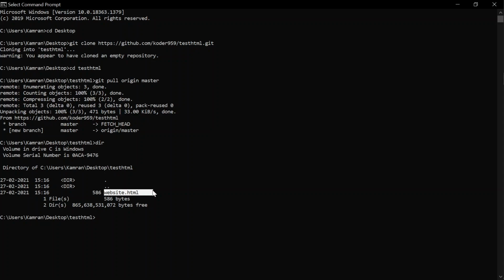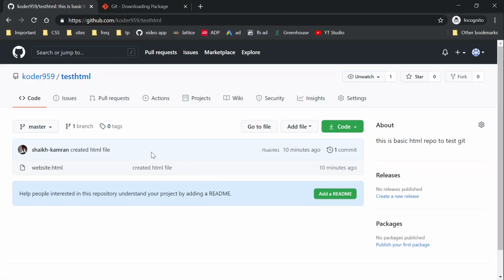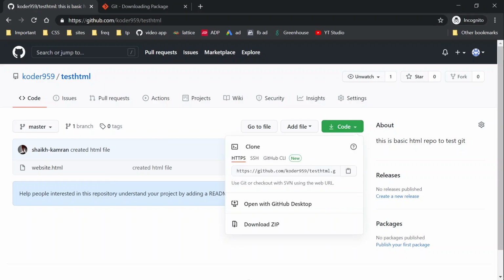In this manner you can push from either of the folders, either of the laptops or anywhere, and the other users can get the changes on their local machine. So till now we have created a repo and we have shared that repo with two different users. One last time, this is our GitHub repo, and you can share this repo with anyone by just sharing this link, HTTP or SSH or GitHub CLI, whatever link you are comfortable with. You can share that link with any developer or user, and then that user will be able to get this code on their local.